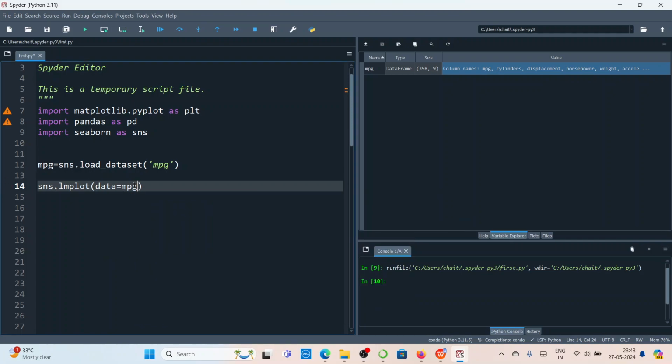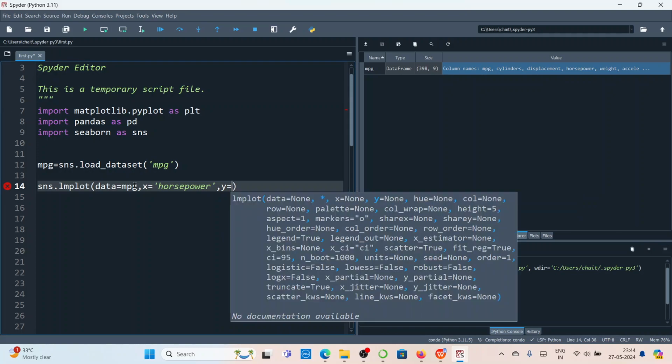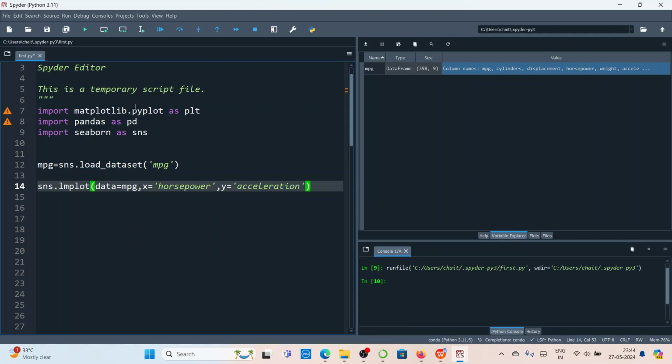On the x-axis take the horsepower, and on the y-axis take the acceleration. Simple, we have to pass these parameters. That's it. Load the libraries, load the data set and just draw the scatter plot with regression